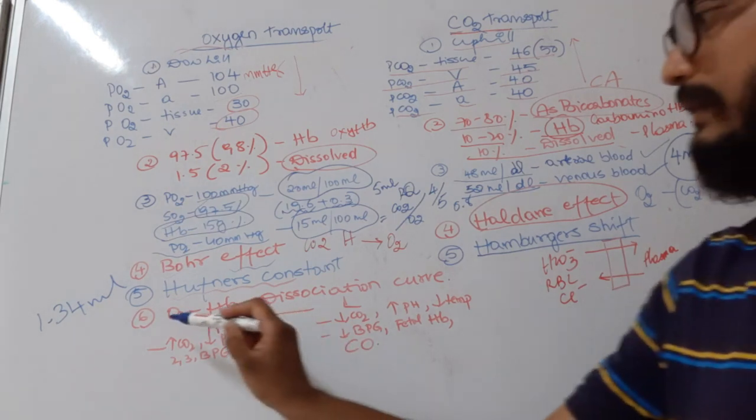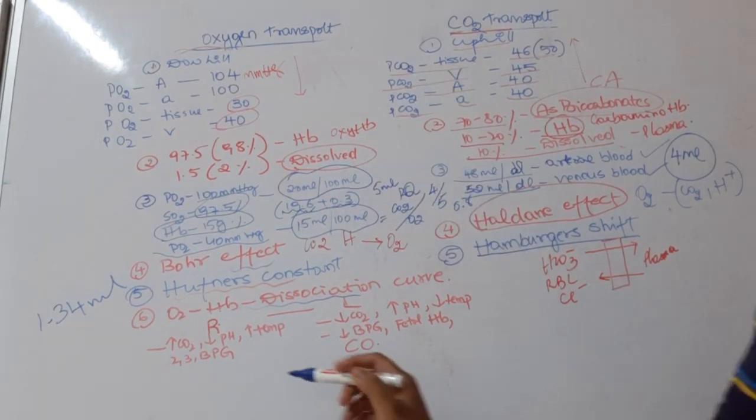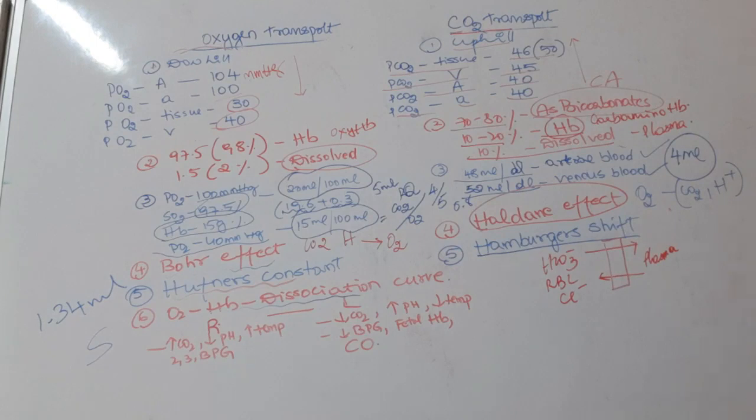We also studied the oxygen hemoglobin dissociation curve in oxygen transport, which is an S-shaped, sigmoid curve that explains oxygen binding and unbinding in response to the partial pressure of oxygen. As the partial pressure of oxygen increases, the saturation of hemoglobin with oxygen increases. As the partial pressure decreases, the saturation of the hemoglobin molecule with oxygen also decreases.